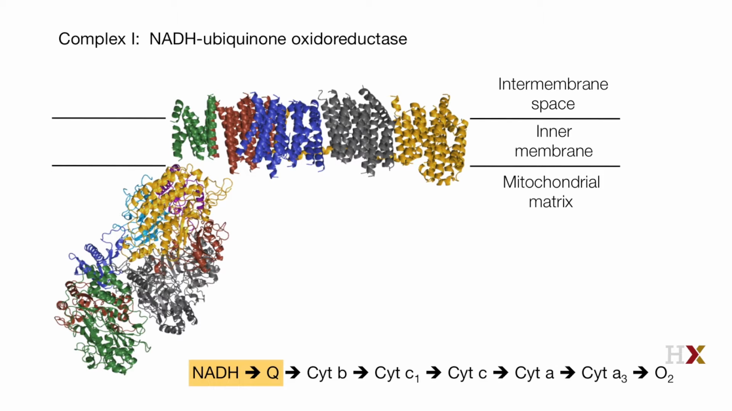It's a very complex multi-subunit molecule that contains about 42 subunits. Its function is to pass electrons from NADH to coenzyme Q. Hence its name, NADH ubiquinone oxidoreductase. But we'll call it complex 1. NADH will interact with a subunit of complex 1 that is found in the arm part of the complex